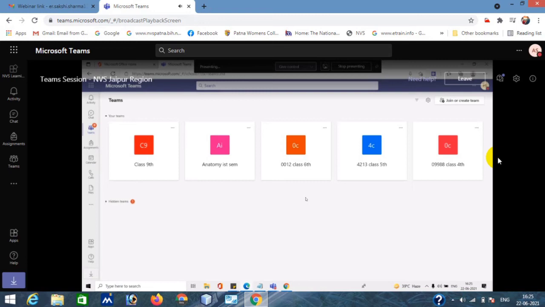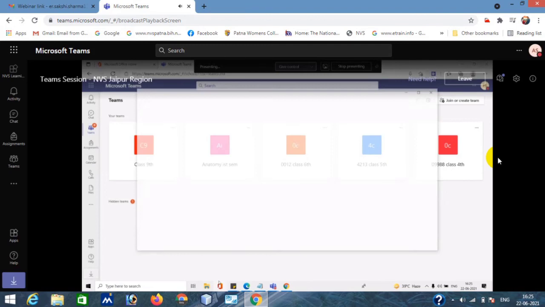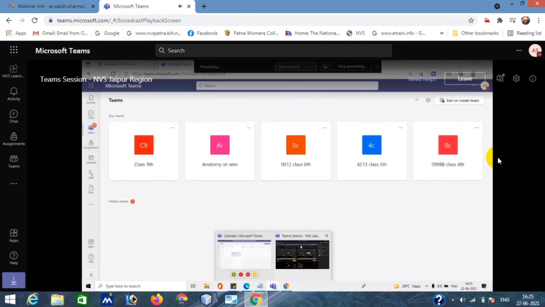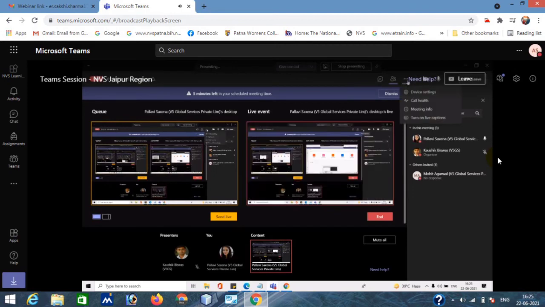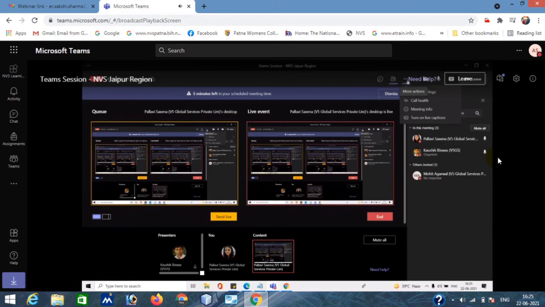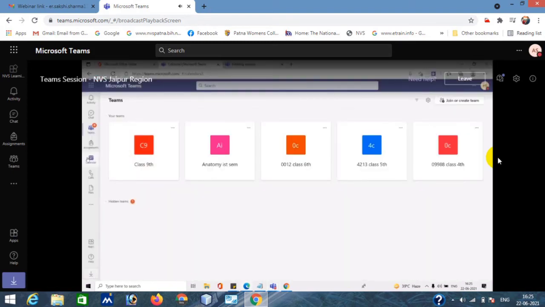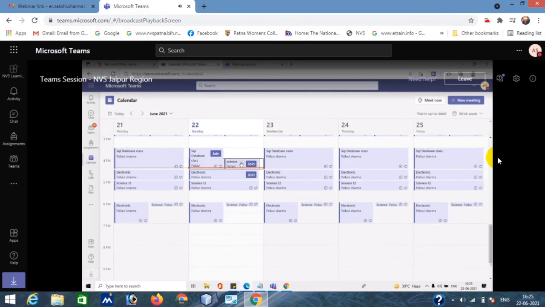Yes, this is available. You can lock the meeting. I don't think this option is present in my meeting, but in your meeting after some time you will get the lock the meeting option. Once you lock the meeting, it applies, and if you start a new meeting, you will get it again.